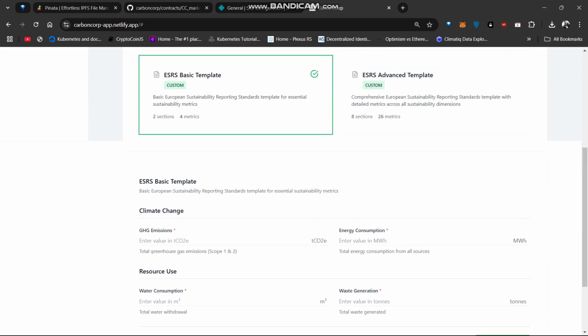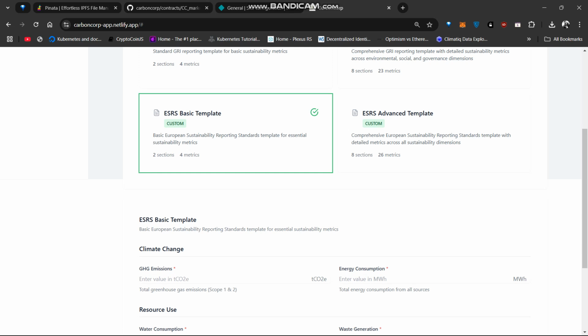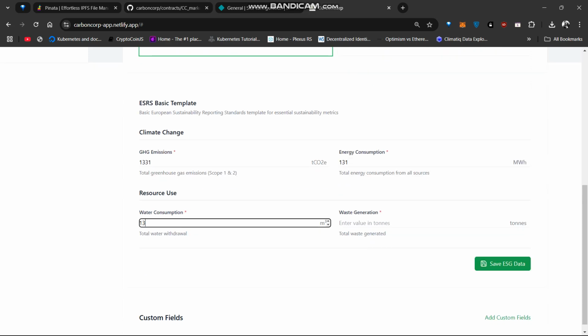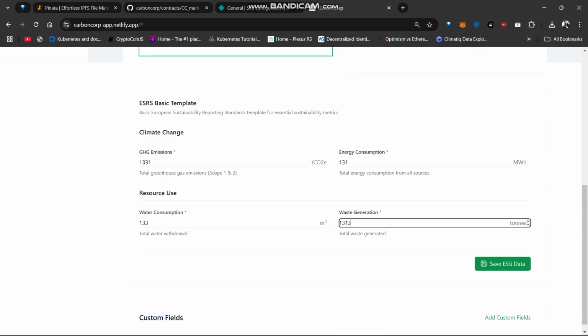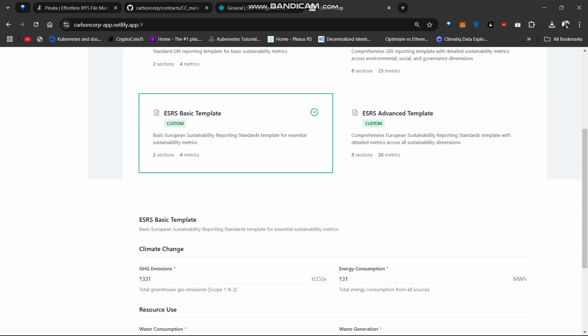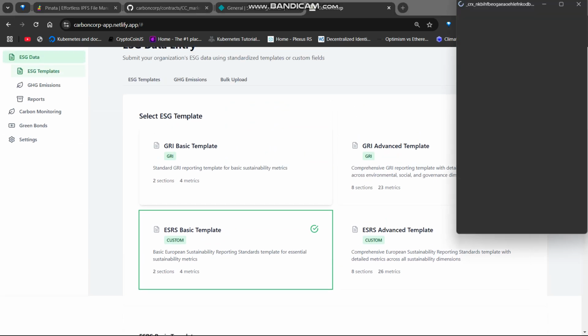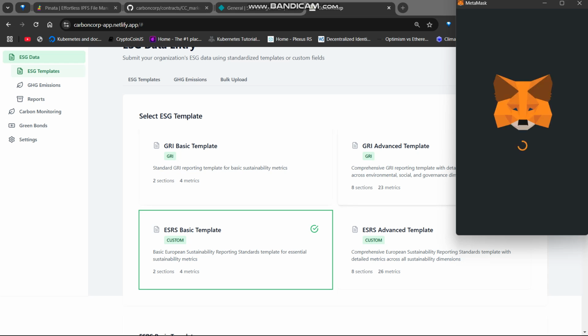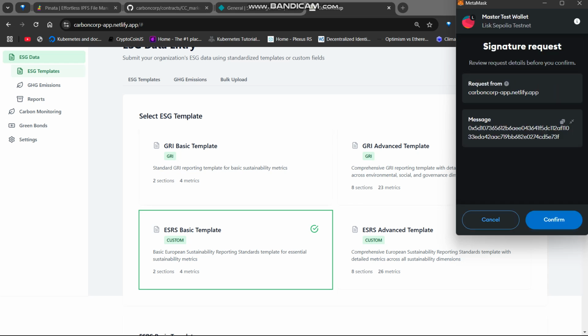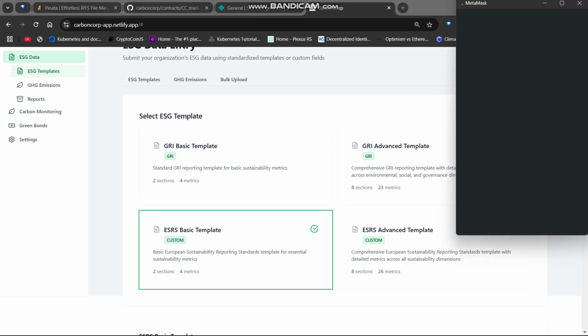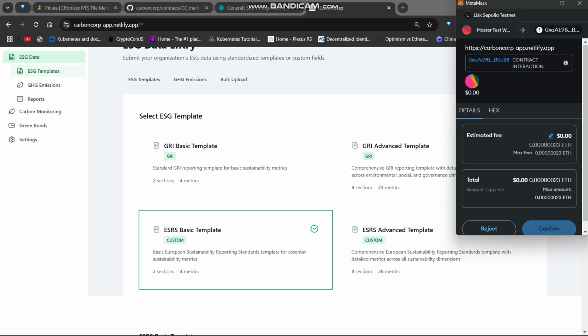So for instance, we could go with the SRS basic. Save on time for now. Can input values. In the real world, these will have to reflect real world values, which will then be assessed by an auditor within the system once submitted. So for this, we are going to submit the data input in the template, send the transaction,